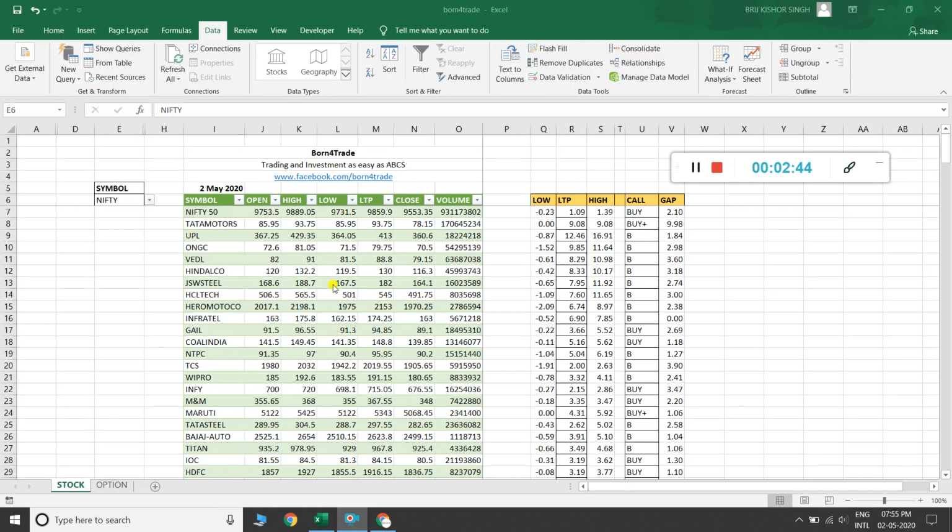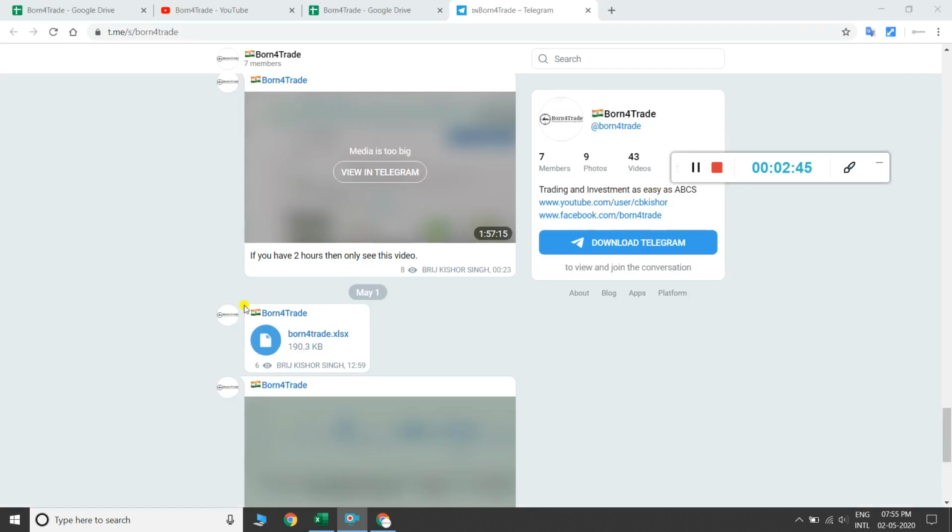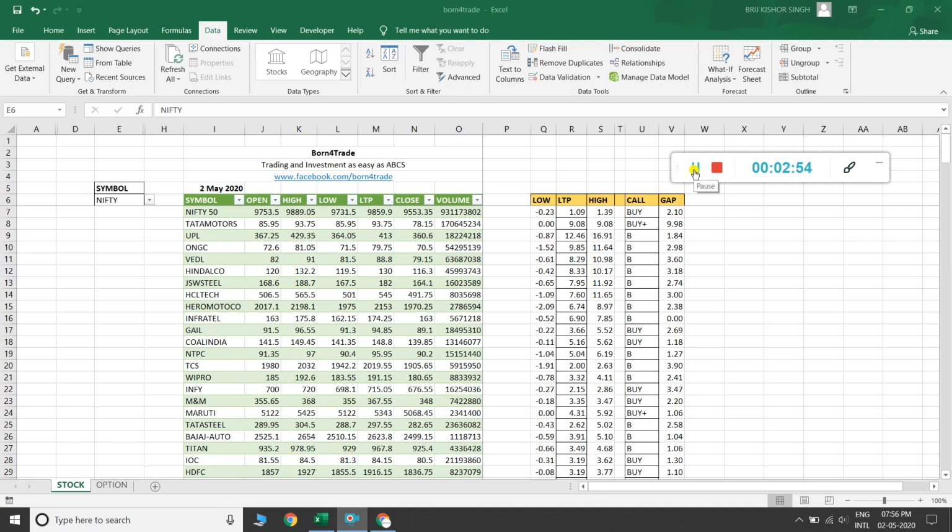If you download this sheet from my Telegram channel on your mobile, you can put it on your desktop or laptop. The first time you open this sheet, it asks to connect to the internet. You can allow it to connect.